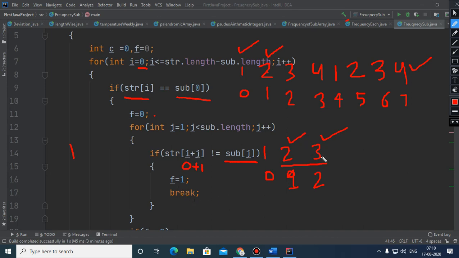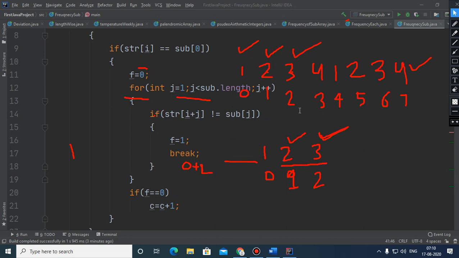j becomes 2 and the element is 3, and now 0 plus 2 means this element, and this will get compared with this 3. After that this j loop will terminate and the status of this f will not change.